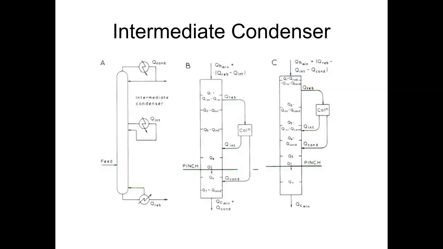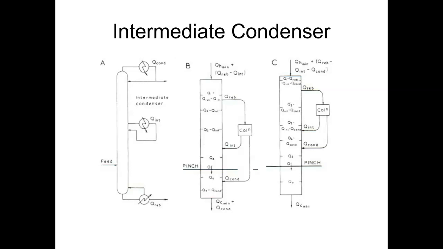In such a case also, we can have an intermediate condenser, and there will be an exchange of energy which is equivalent to Q intermediate only, and thereby your energy balance within the process will always remain in such a way that your pinch point is not shifted and there is no negative heat flow within the process at intermediate temperature scales. So we can use an intermediate